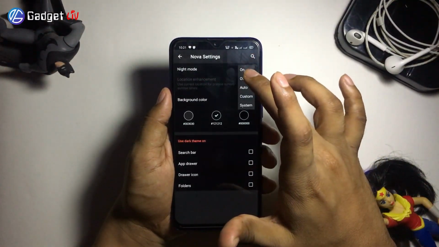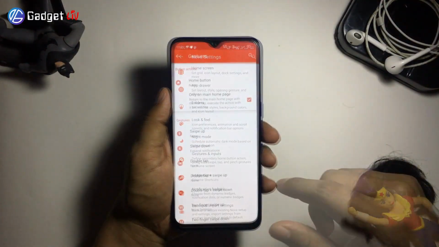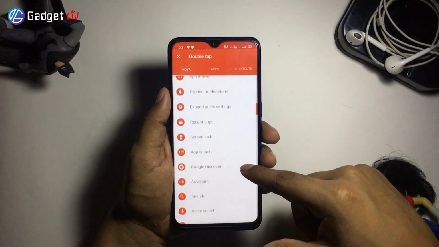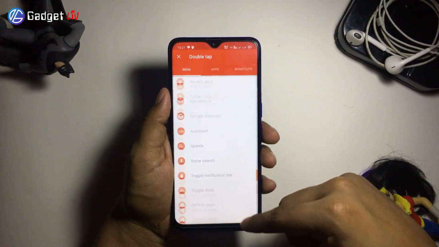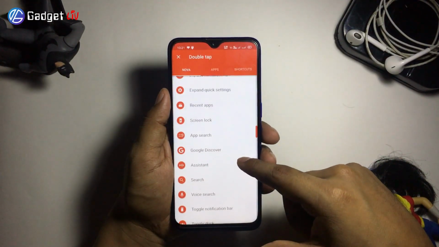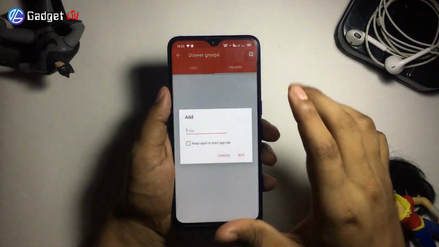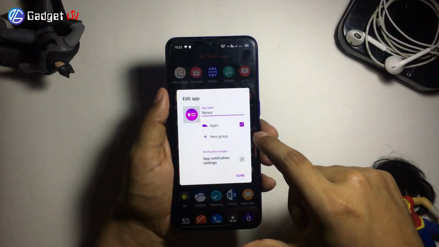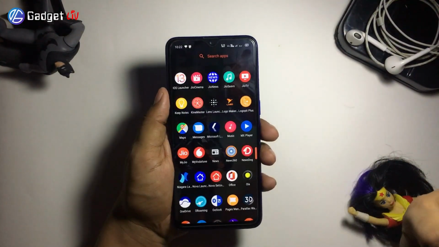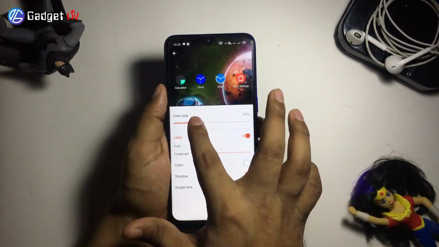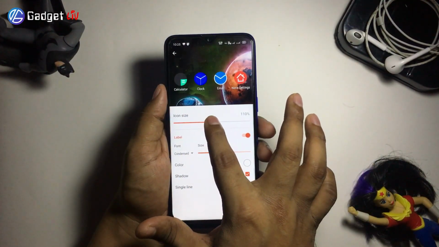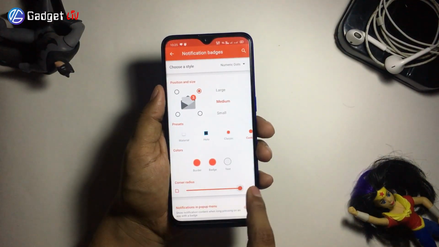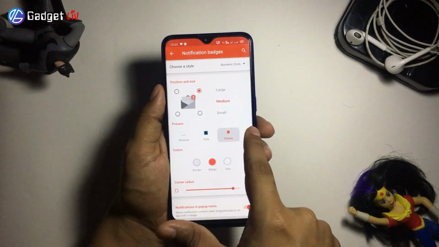Some features of the Nova Launcher Prime are: 1. You can use many useful gestures like swipe up, double tap, 2-finger swipe, etc. to open up apps, shortcuts and any other function. 2nd, create custom tabs or folders in the app drawer. 3rd, option to hide apps from the app drawer without uninstalling. 4th, customize the size of icons according to your smartphone screen. 5th, enable notification badge with many customization options available.